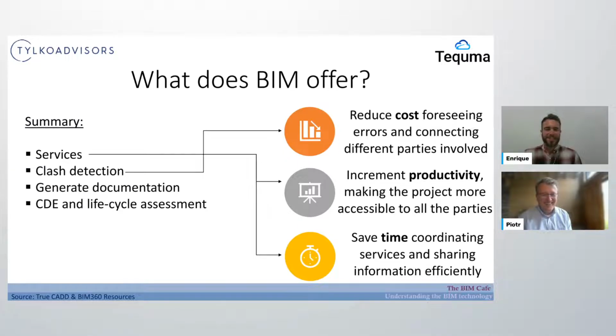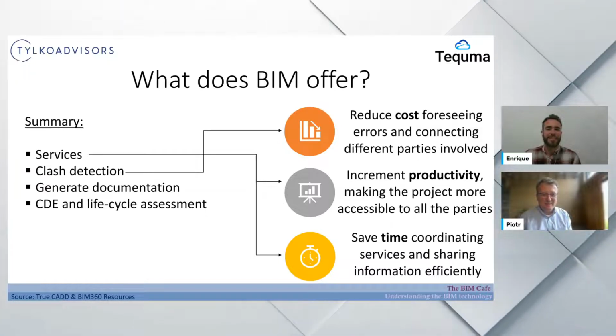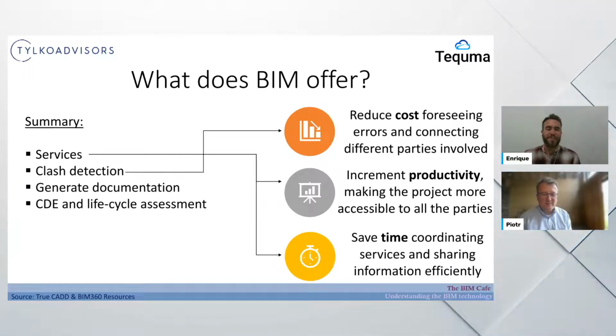The next solution, the clash detection, we just talked about it, it reduces the cost. This is very straightforward, it basically doesn't need explanation. We just link that we coordinate services and we avoid errors. There won't be any illogical installations on the project, there won't be any clashes, and there will be no people arguing because, no, I put my pipe here first.